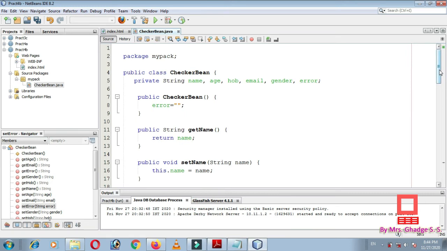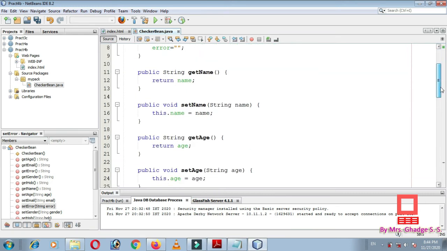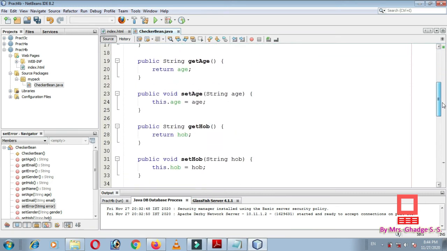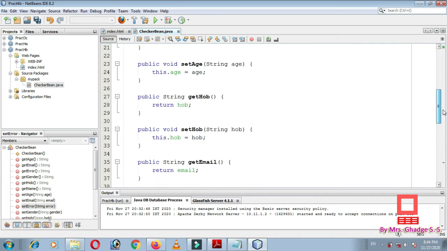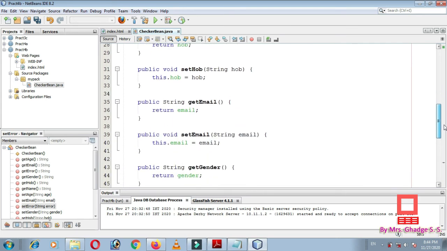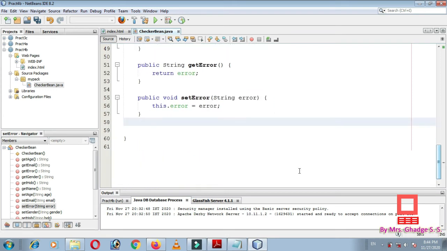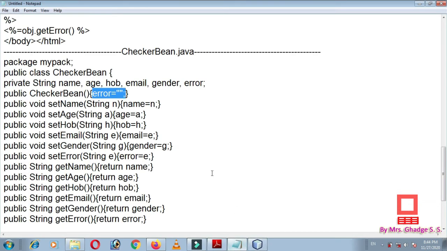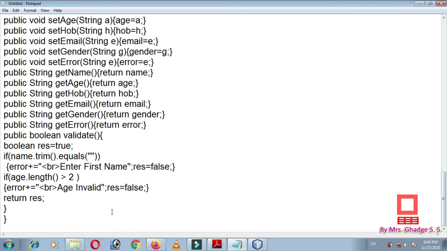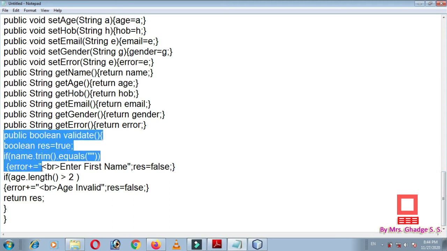It will give you the ready-made code, that is, it will provide all the get and set methods for all the variables. So this is the simplest way by which you can create all the getter and setter methods. Then after the getter and setter methods, we need to write one validate method.